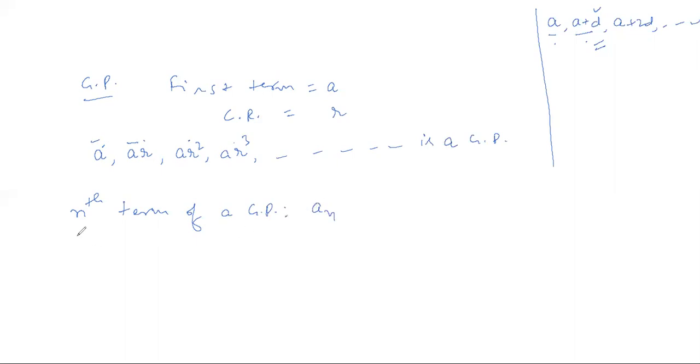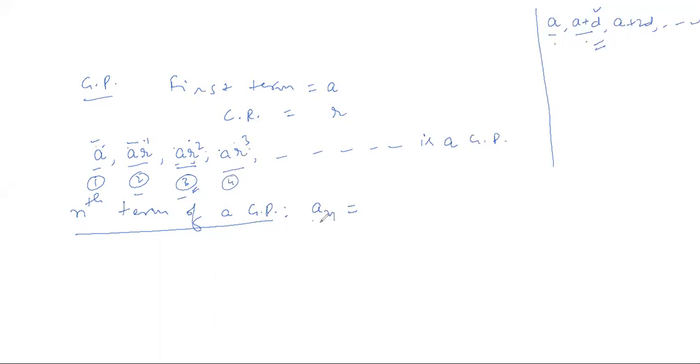So the nth term of a GP, A_n, will be equal to, you can see that the first term is A. In the second term, the power of R is 1. If nothing is written, that means it is 1. Similarly, the third term is A R squared. This is the first term, this is the second term, this is the third term. So whichever term it is, A is the same in all of them. For R, its power is 1 less than whichever term it is. Like it is the third term, so its power is 2. Similarly, if it is the fourth term, its power will be 3.